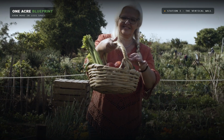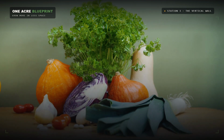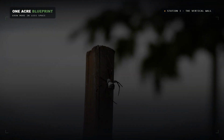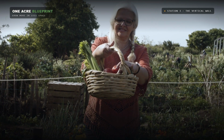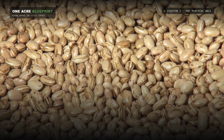A bean plant is only trying to set seed, so every young pod you take signals it to flower and try again, which means one run of pole beans up a string can keep handing you pickings for weeks on end. The cucumbers do the same trick vertically. One vine trained up can set a surprising number of fruit over a season from a pot you could step